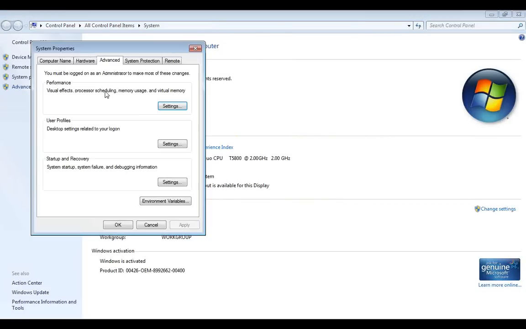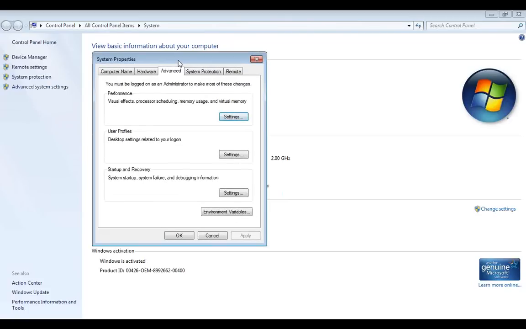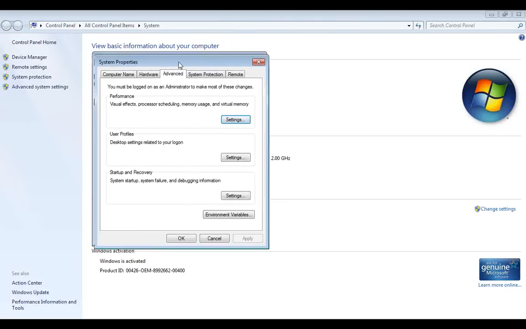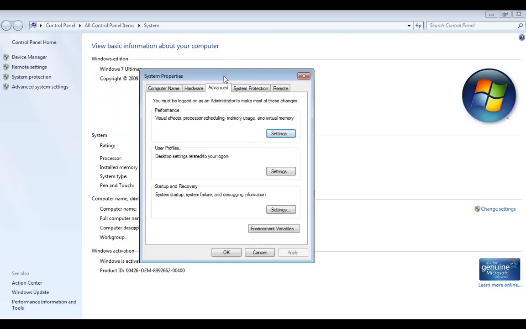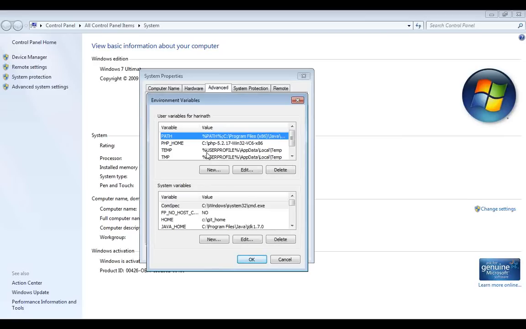Where you will get is that, if you are using Windows XP, then it is right click on My Computer and properties, which will take you to this particular pop-up. Because this is a Windows 7 box, I need to click on advanced system properties. Now here within the advanced tab, you have something called environment variables. Environment variables are nothing but